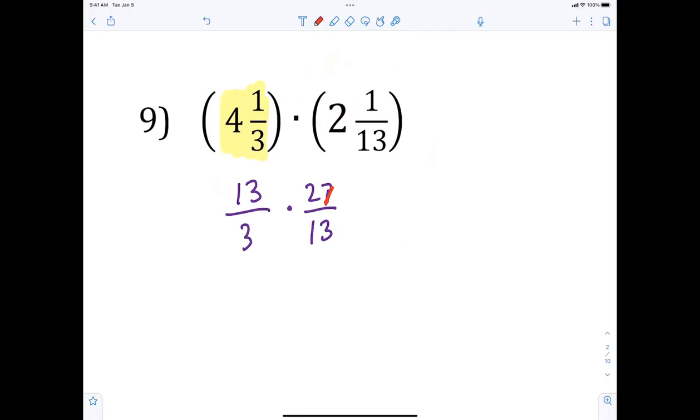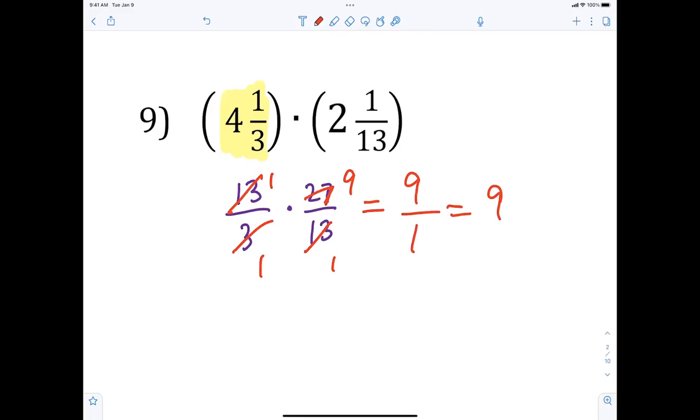Now it's just reducing. So what reduces? Yes. And 3 turns into a 1, and then what happens? Yes. So my final answer is just 9. Exactly. If you want to say 9/1,